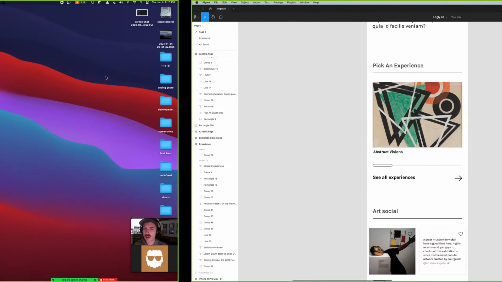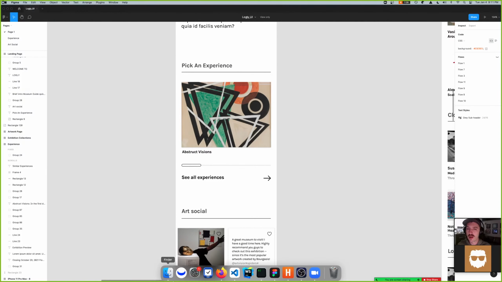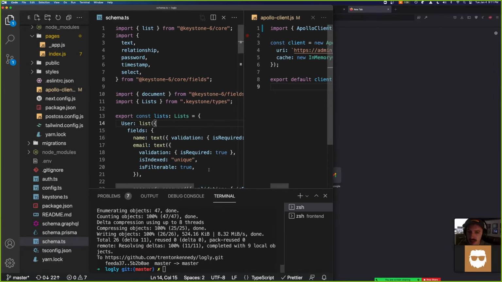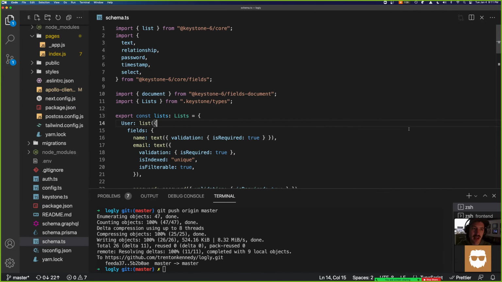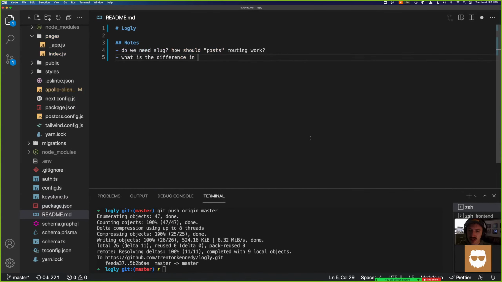So maybe it's better to actually put this into the README because I need to figure out how to do this, and I would love to hear your opinions on any strategies. So, customer routing setup.